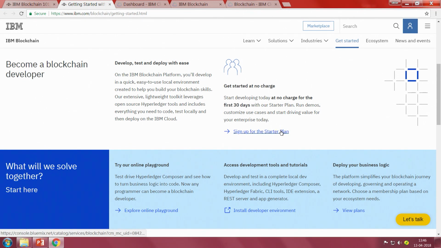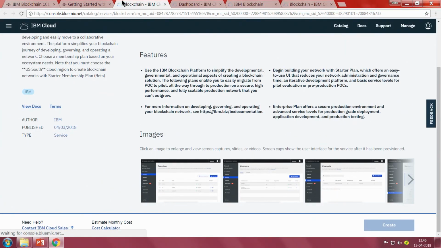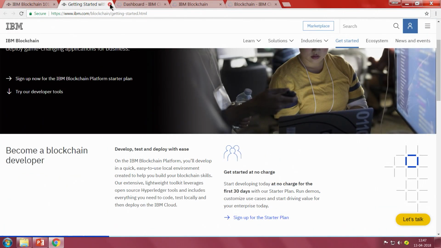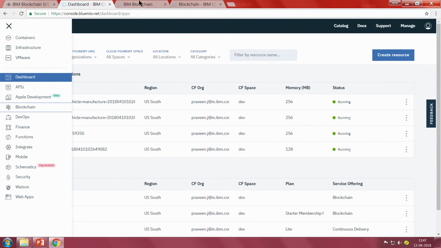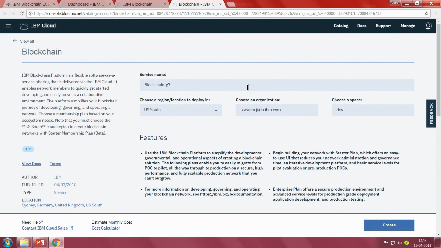You just need any email address and you will be able to sign up. Right now it's not showing that to me because I have already logged in. Anyway, it's a simple sign up, it just takes 2 minutes. Any email address is sufficient for you to get started. Okay, so let me show you what it will look like.